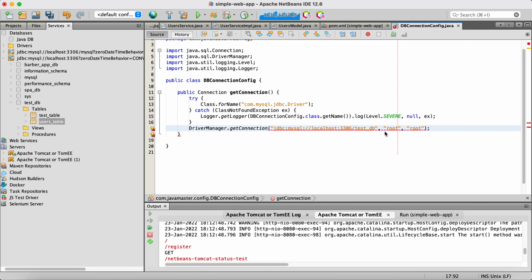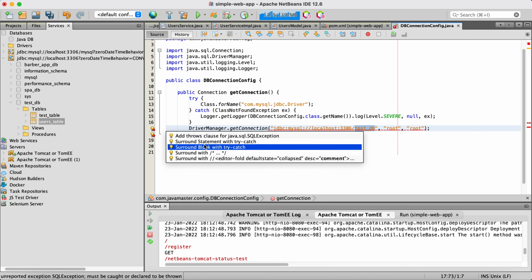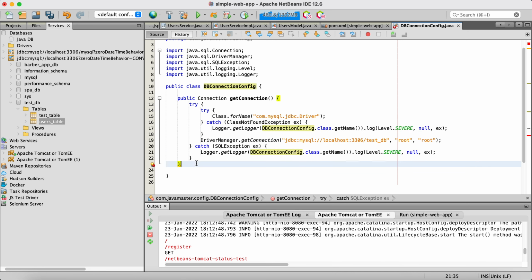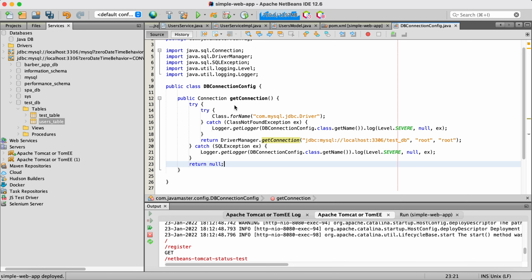But the username and password and the database name can be different in your project. It depends which values you specified when you installed your MySQL and when you created your database. Let me surround with try catch and return this connection. DriverManager.getConnection returns a connection, otherwise return null, for example. And actually that's it